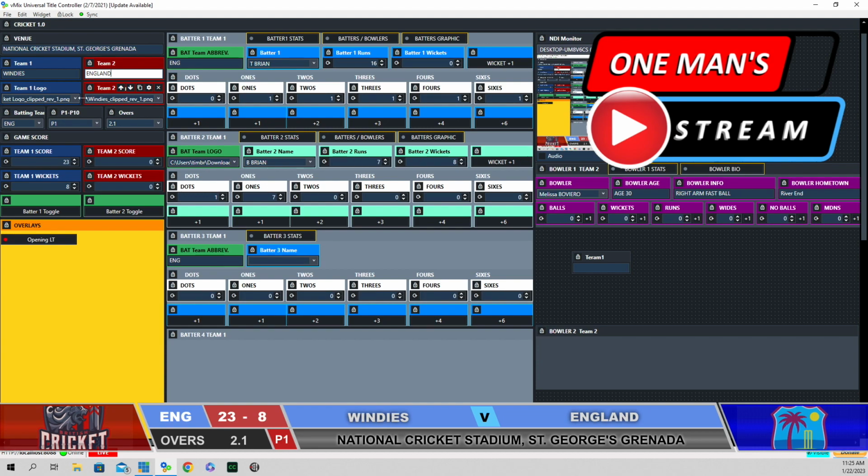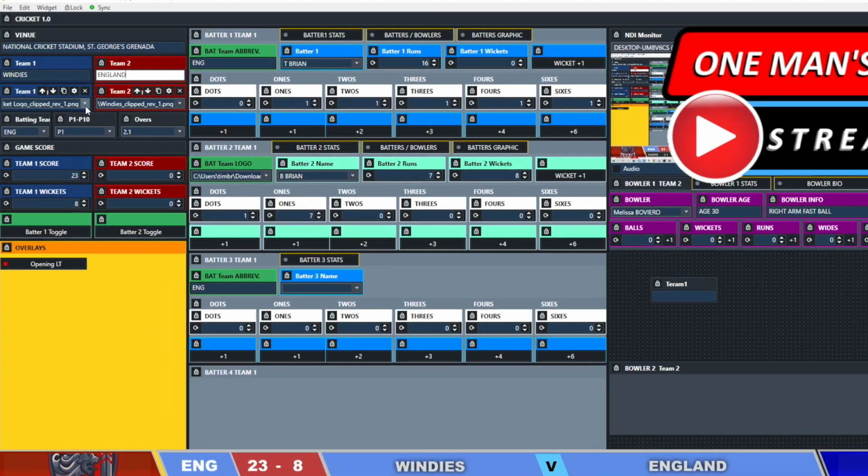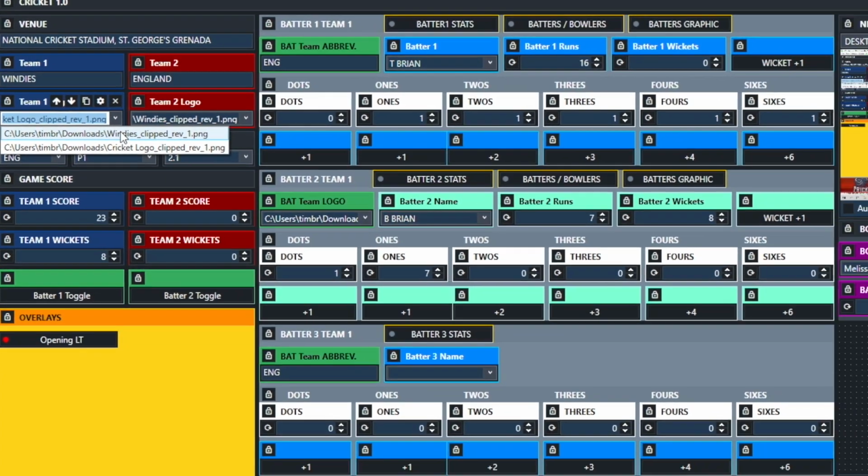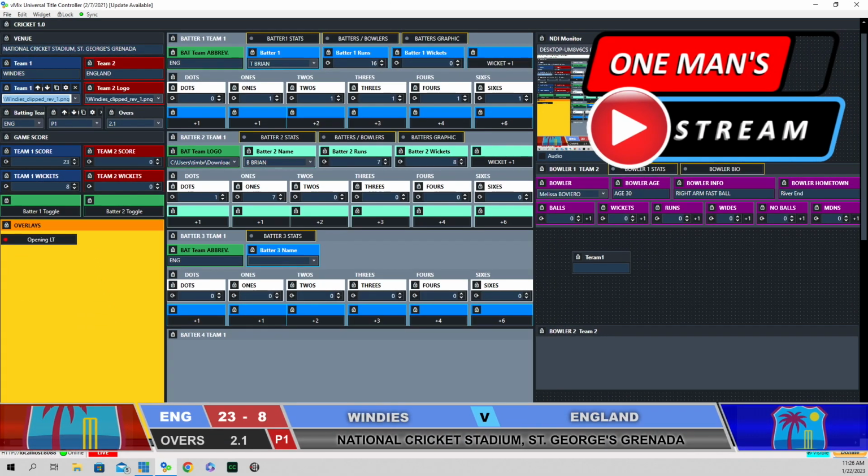The second part here is the team logo. You can see for the visiting team, I just have a cricket logo there, but we can change that. If you find out that you have your setup backwards, you can just come to this drop-down menu and you can change it. So I'll just click on this one. You can see where the cricket logo changed to this logo right here, and then we'll just go ahead and change it back. The mapping on that,